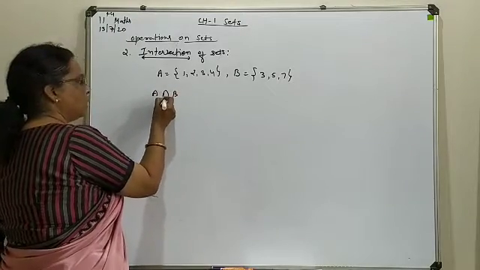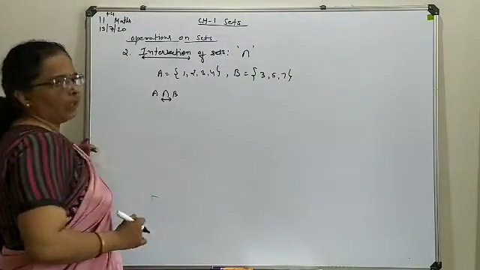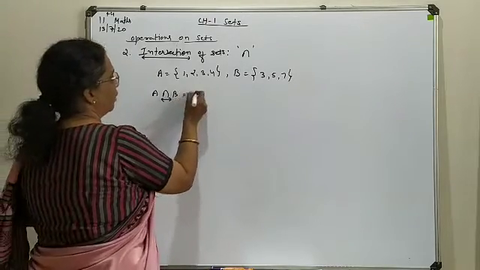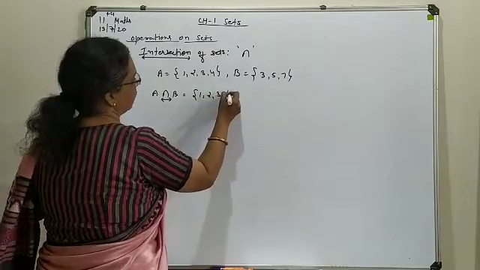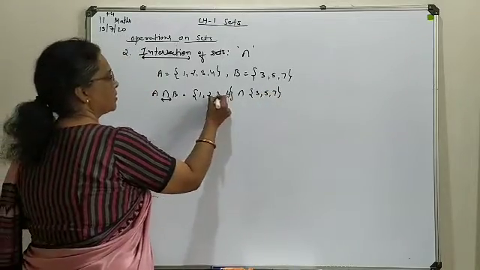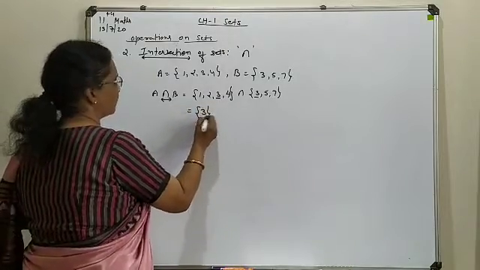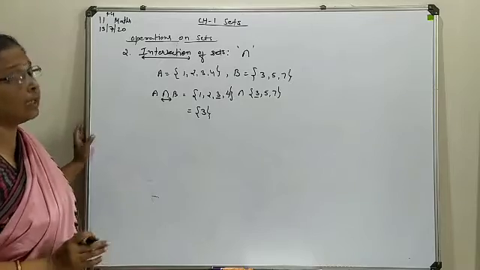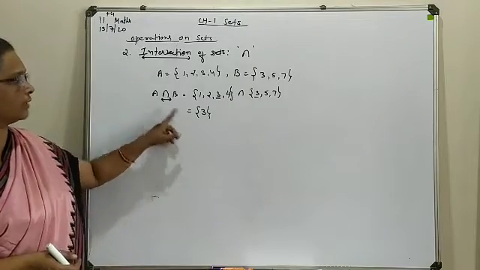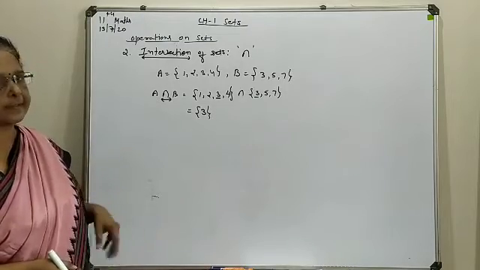This sign is used for intersection, an inverted U. It will be used for the intersection operation. So A intersection B, formally we have to write all the elements of the sets. This is 3, 3. So in intersection we will write the common elements only. If we have one common element or more than one common element, list them out as the intersection of the sets. If none of the elements are common, you will write the intersection as a null set.